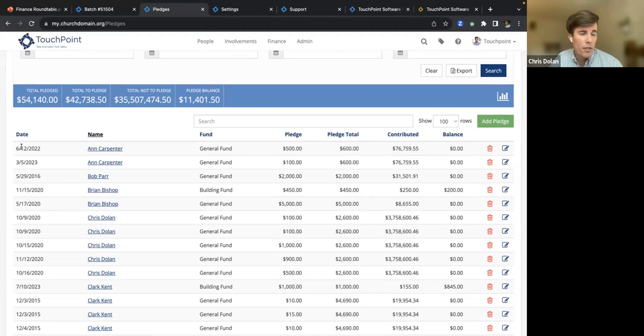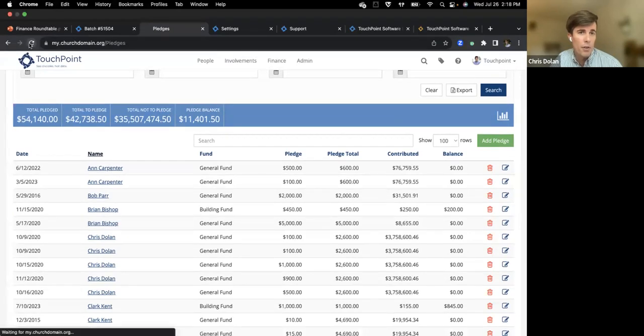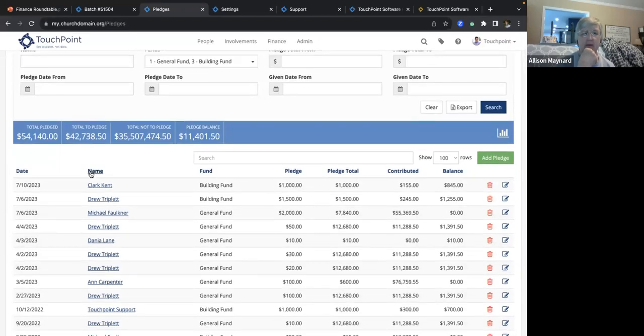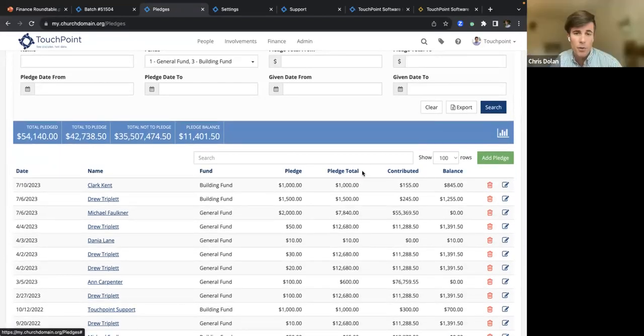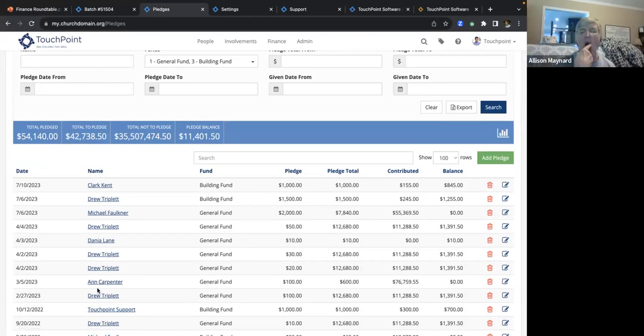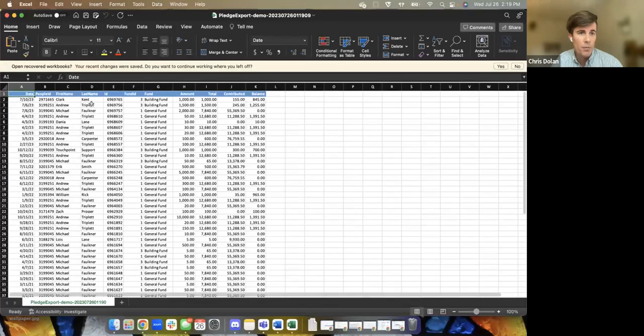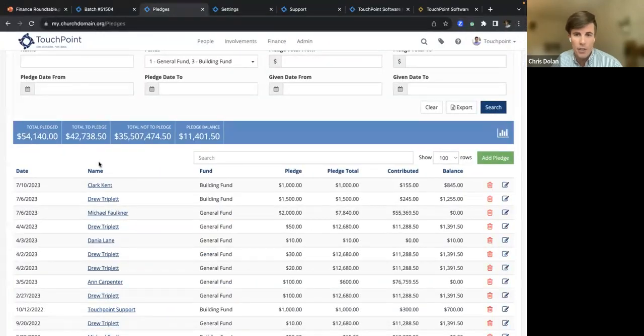Great question. To answer the first question, they are currently sorted when you first load the page based on the pledge date, so your most recent pledges will show at the top. Each of these column headers can be sorted, so if you click on them, they can sort. Right, but it looks like that's sorting by first name instead of last name. Yes, it is. We do have the ability to do an export, and that will export everything on the page. When you do that, it breaks the first name and last name out separately, and then you could sort by this, but I imagine you're probably wanting this page sorted.